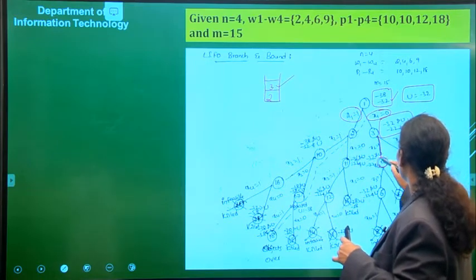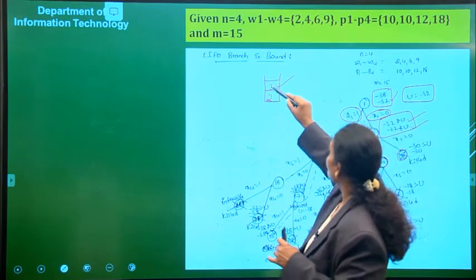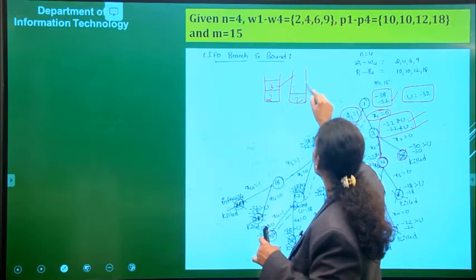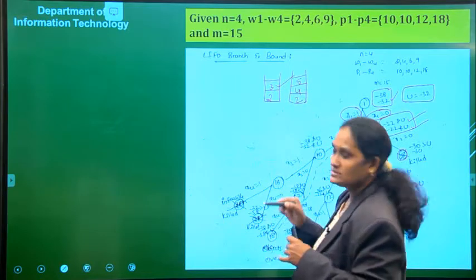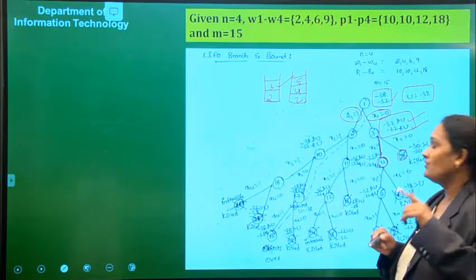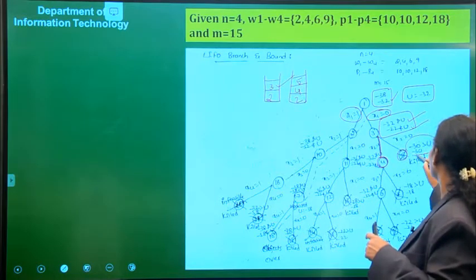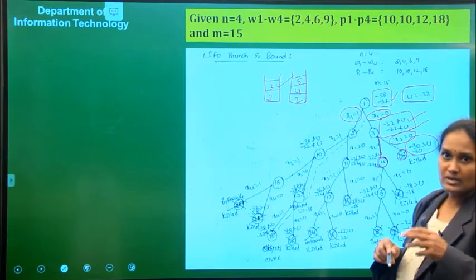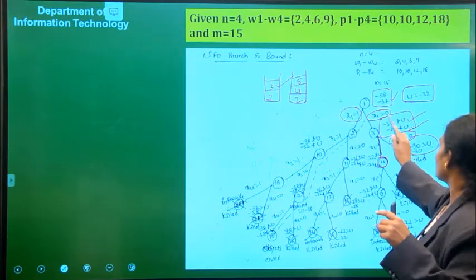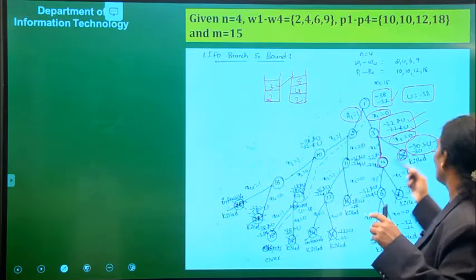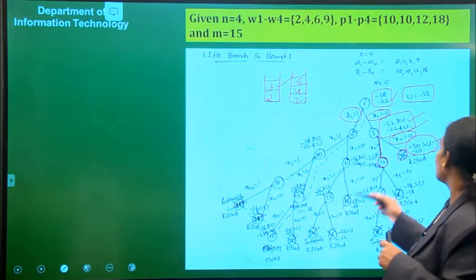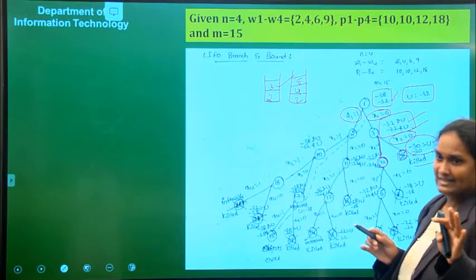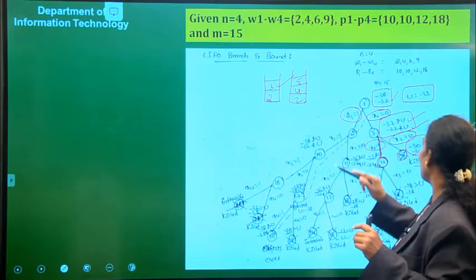By expanding this, we get nodes 4 and 5. So 3 has come out, and now the stack is updated as 2, 4, 5. What is the next node observed? 5. At node 5, we calculate the upper bound and lower bound. The path of node 5 is x1 = 0, x2 = 0. By considering these two, we get minus 30, minus 30. Since the lower bound is greater than the upper value, that node is killed.